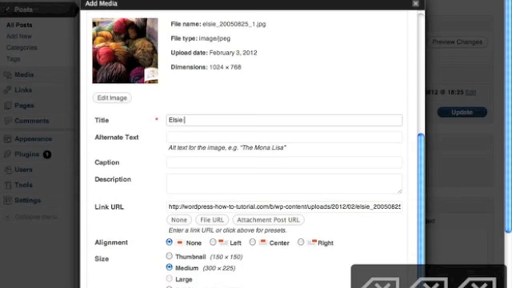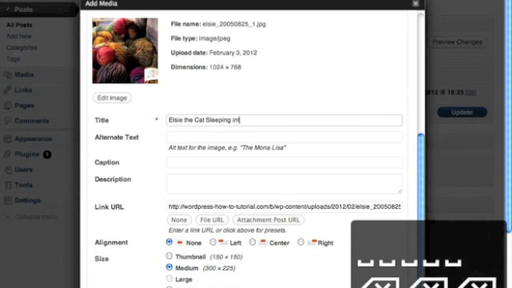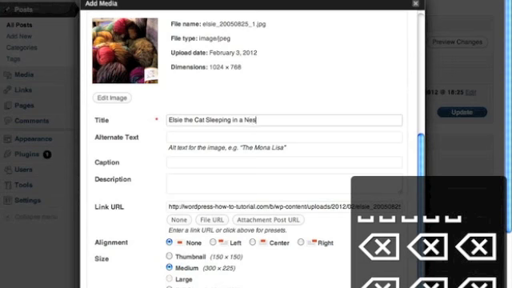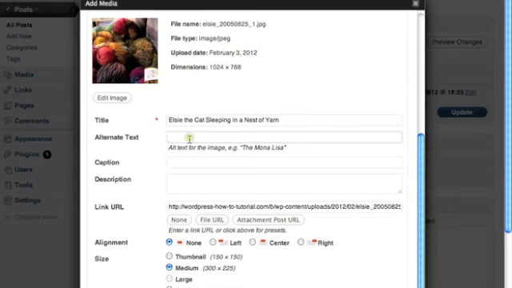But you might want to use a title that makes sense, as it were. So Elsie the cat sleeping in a nest of yarn. And then the one that is kind of critical from a search engine optimization is the